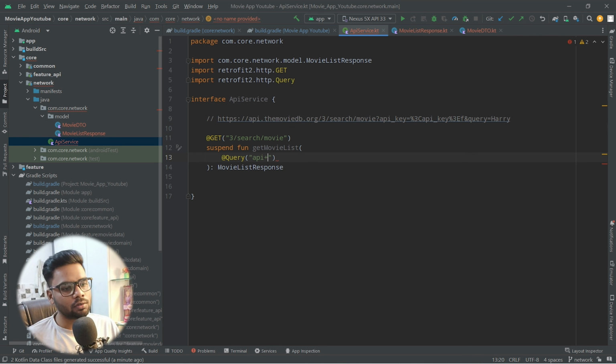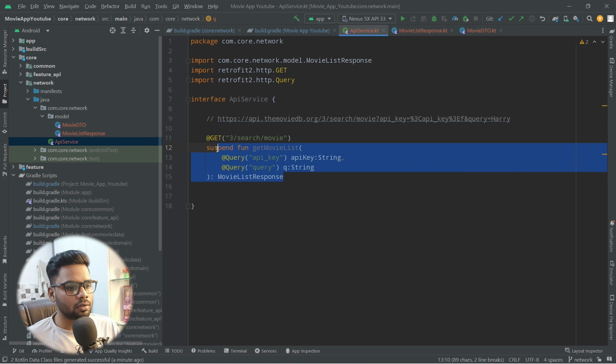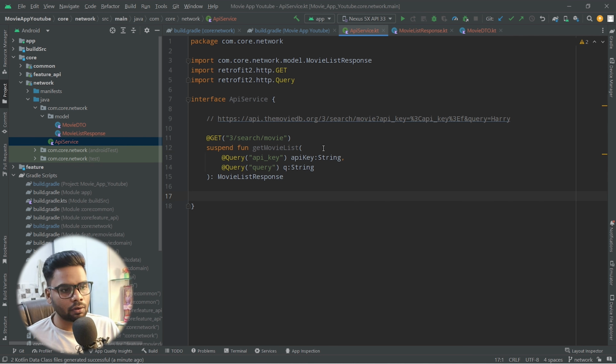So the first one is our API key, type String, and the second one is our query, which is actually a query in the form of a String. Okay, so this is a function and the implementation is written by our Retrofit library, so we don't take care of the implementation thing. Now we have set up our Dagger-Hilt in our network module, so I'm gonna create a